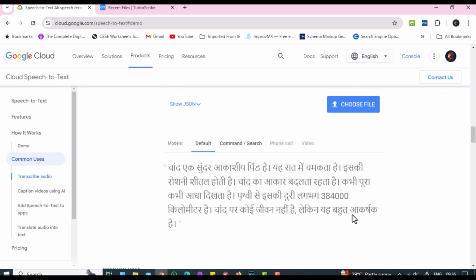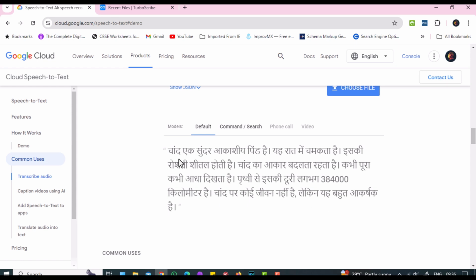The transcription is automatically generated. Copy the text and paste it in a text file.